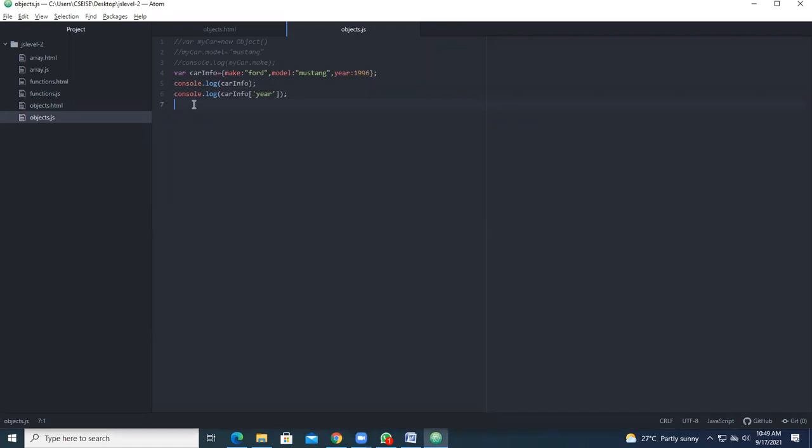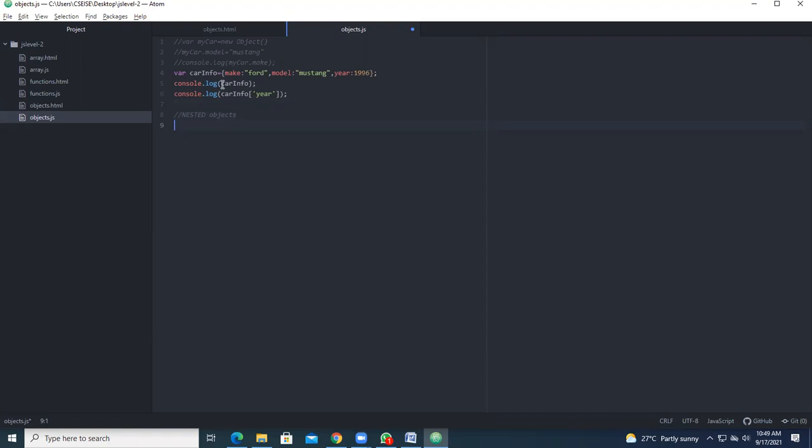Now we shall continue with the next concepts. Till now we have created the object, one using a constructor, the other one using the values directly. Now we shall go with nested objects. The concept called nested objects. Inside an object you have a key with a value. Which one will be nested? Either the key will be nested or the values will be nested. Which one can be nested?